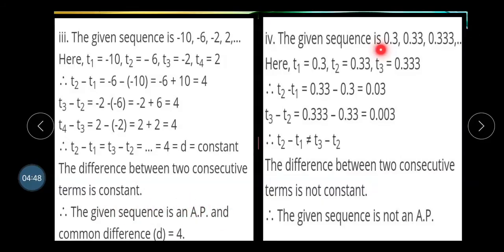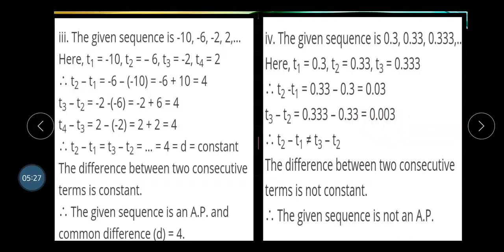Fourth one, question is 0.3, 0.33, 0.333. The given sequence I have already read for you. First term 0.3, second term 0.33, third term 0.333. Second term minus first term equal to 0.33 minus 0.3. You will get 0.03. T3 minus T2 equal to 0.333 minus 0.33 equal to